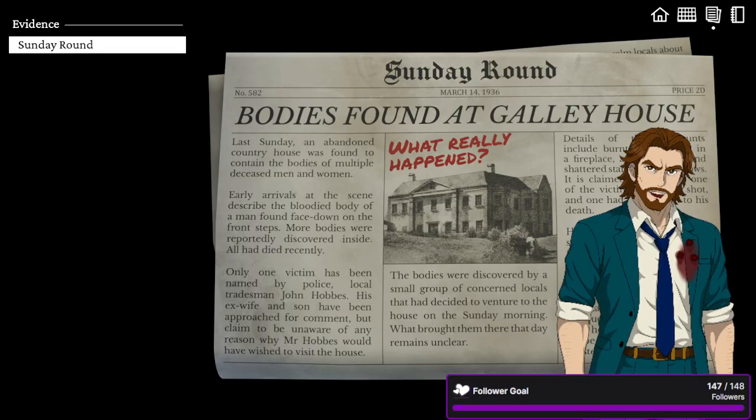However, the police have so far shown a reluctance to release further details to the public. No causes of death have been confirmed and no suspects or motives have been put forward. The nature of this incident and the question of why it occurred in a house previously thought to be long empty remain a mystery. Oh, interesting.